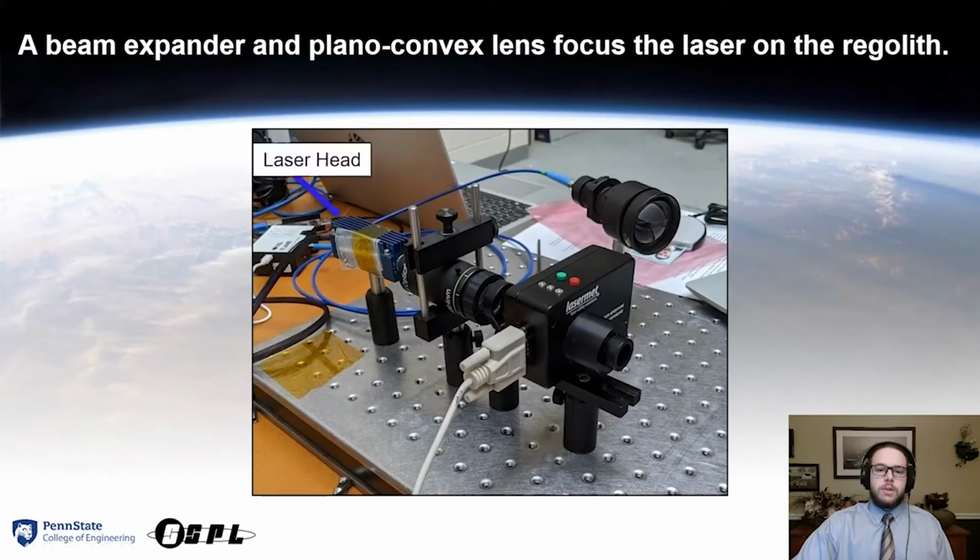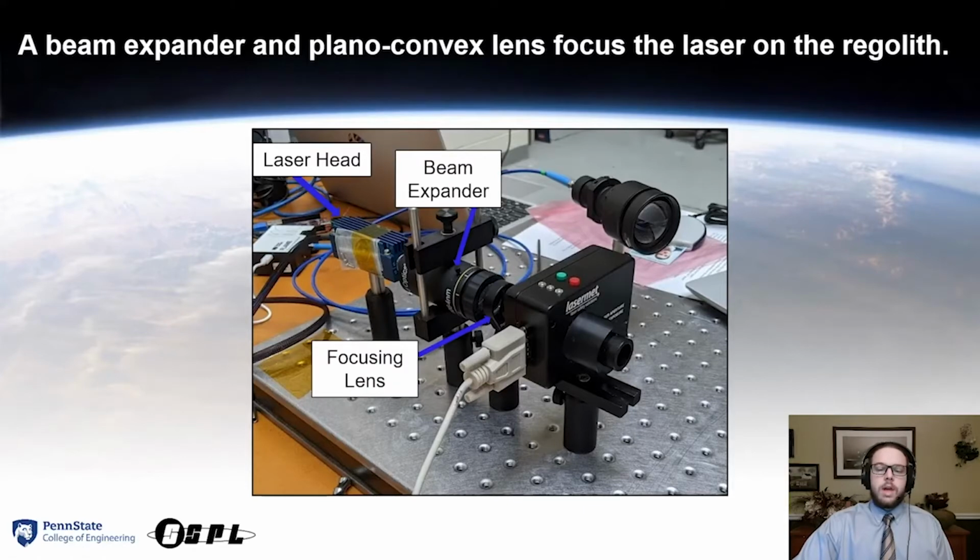To focus the laser, a beam expander and a focusing lens, both V-coded for a 1064 nanometer laser, are used. The 10 times beam expander increases the diameter of the beam as it enters the focusing lens, allowing for a smaller beam diameter, resulting in a larger power density at the point of ablation. A 300mm focal length plano-convex lens is used. Furthermore, the shutter shown here is only a safety precaution used during testing and is not part of the focusing